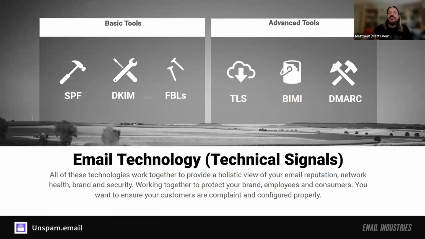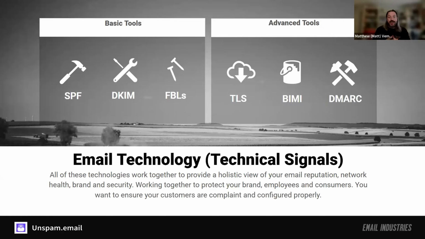I see a lot of bad SPF records out there. This is something we spend a lot of time as consultants working with customers on to fix. People have multiple SPF records, which is a violation. People have SPF records with too many includes. Honestly, some of this is bad advice or old advice from providers that just never get removed. They say, I need you to add my include record into your SPF record. And then the next one says, add it, add it, add it, add it. All of a sudden, you have too many includes in your SPF record.